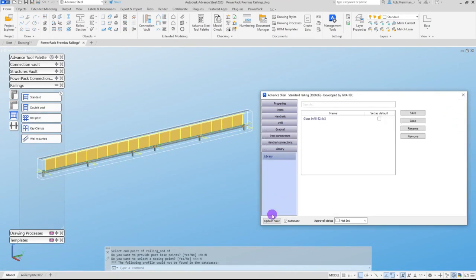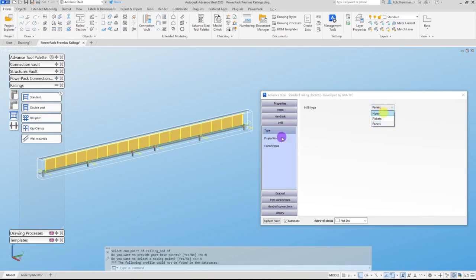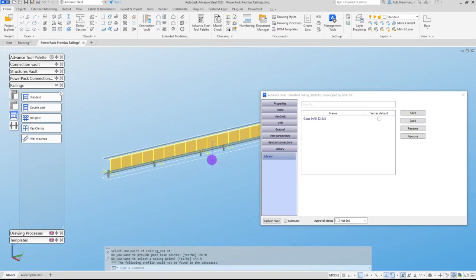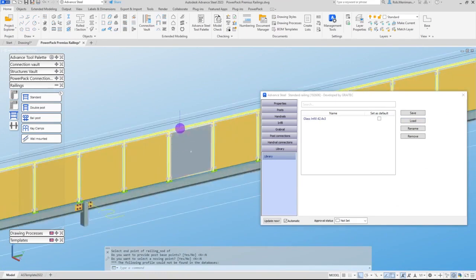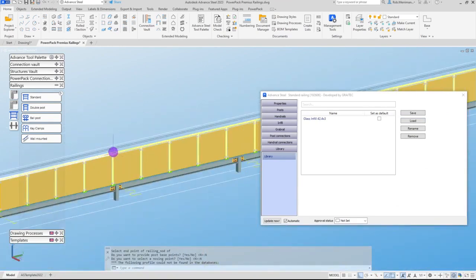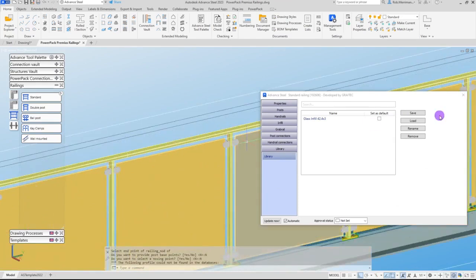Now, for either of these types of railings or any railings that we and you are working on, we do have library entries in here. So if I turn my infills back to none, once you've got your balustrade set up how you like it, we can go to the library and save it in the library, but for today I can load it in from the library. And that'll give me that information in there. And then if you've got split points based on max length or certain things like that, obviously we can set those. And in here, this is a tube, so I could then look at my